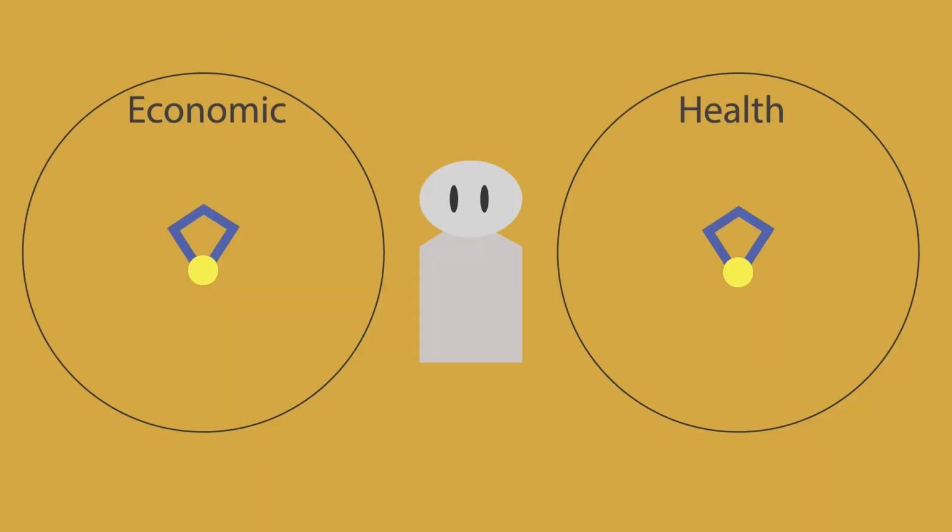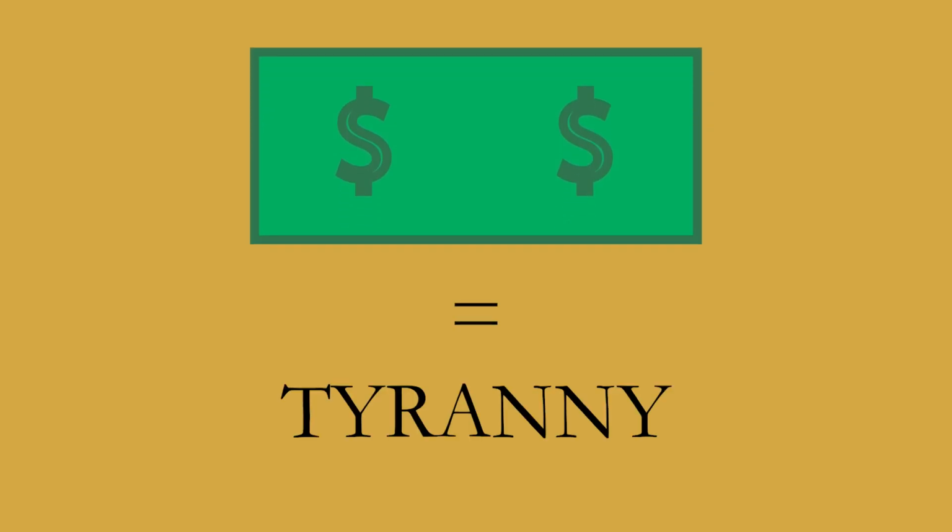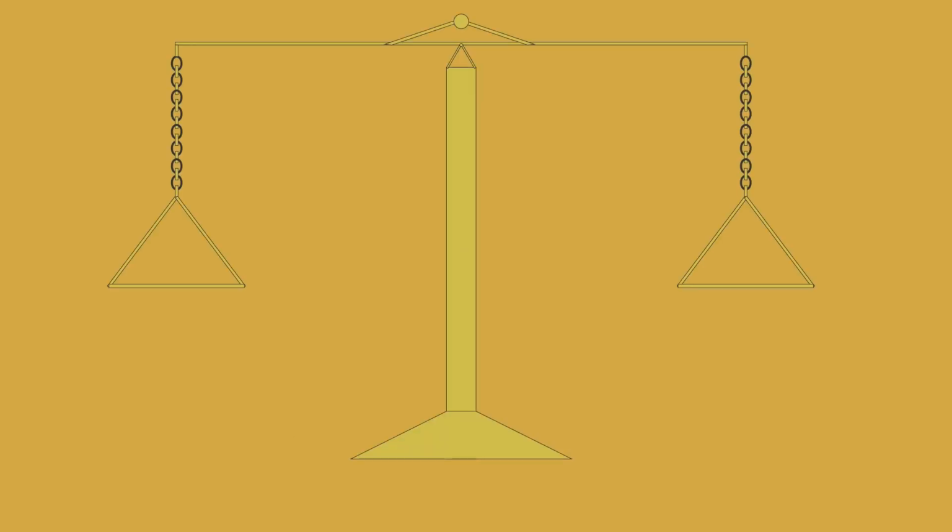Walzer would also question why someone who is a winner in the economic sphere should also win the medical sphere. The use of a dominant good, such as money, to win in unrelated spheres, such as education or medicine, is tyranny, according to Walzer. It is important to understand the definition of justice for the ethics of data analytics, and